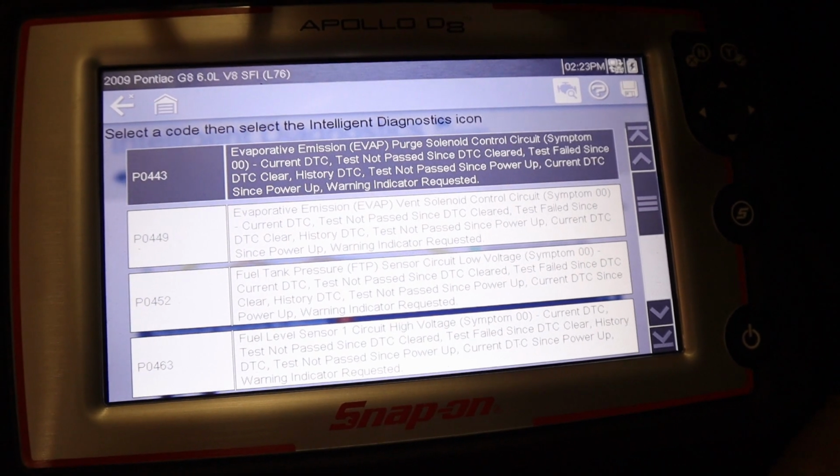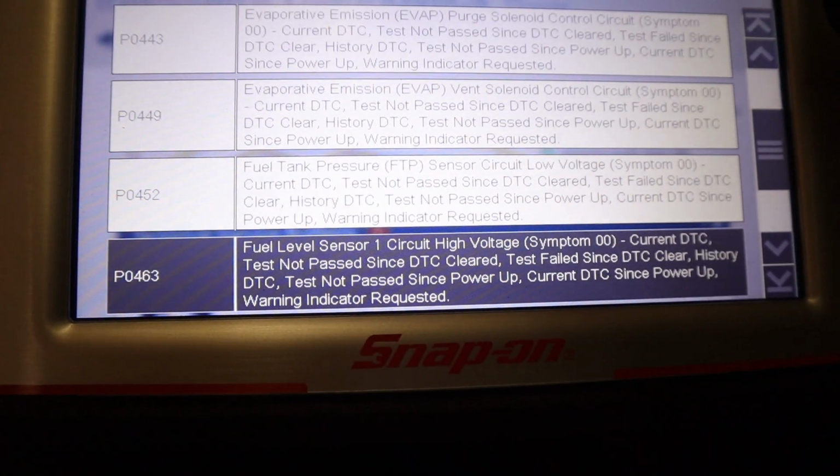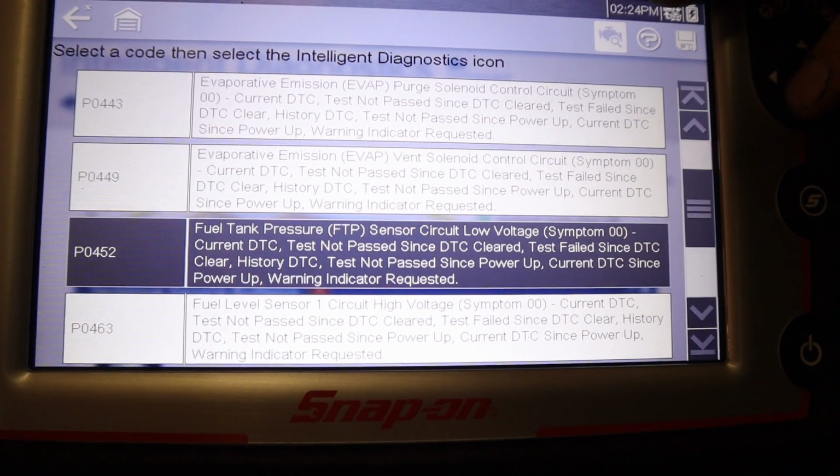We don't have the emissions. We don't have the fuel tank pressure sensor. We don't have the fuel level. We have a fuel level, but the PCM doesn't know we have a fuel level. And then air conditioning is a standalone. So these are pretty much all the codes that I was making a list of, what we're going to do